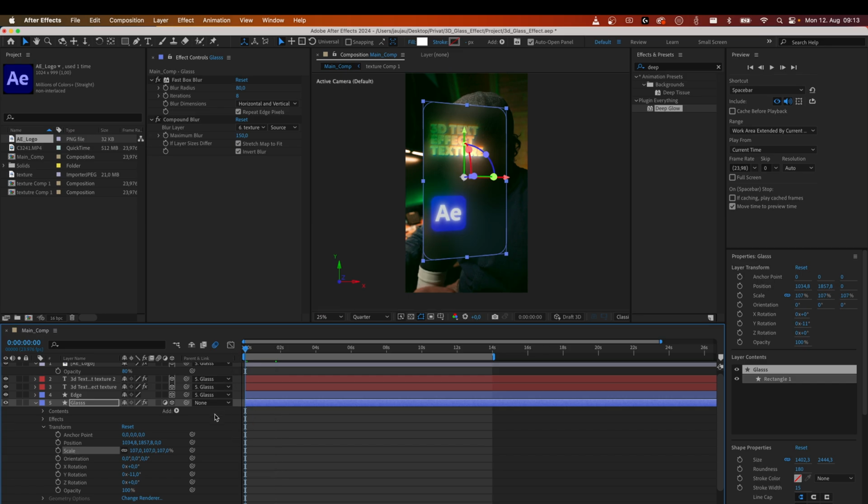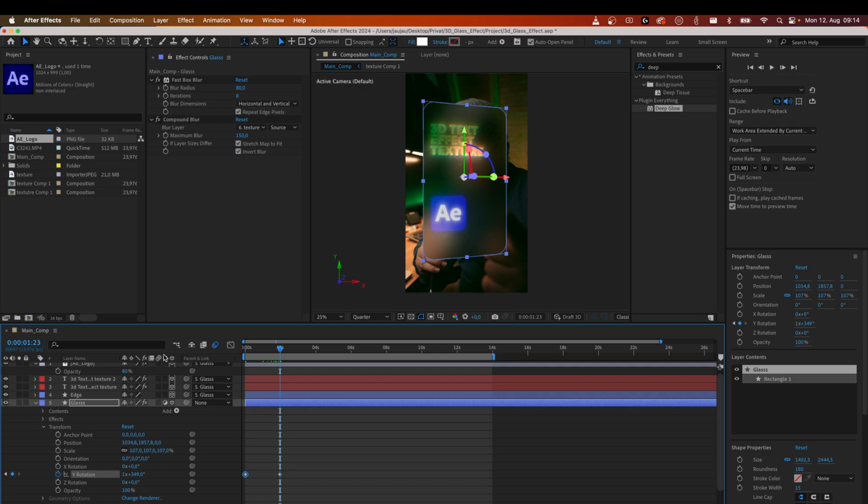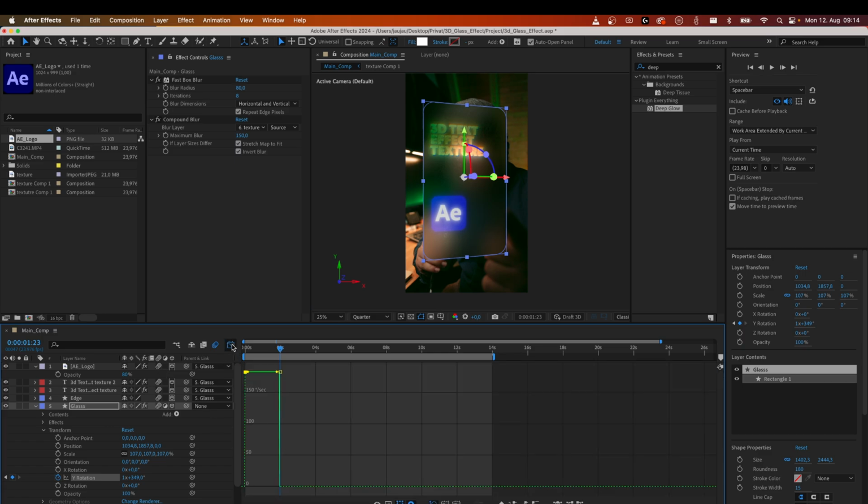You can turn it around. Let's do like a quick turn, maybe make it a 2-second turn. So we want to do, I don't know, maybe 1 revolution over here and hit a keyframe here. So this is 1 revolution, and go back here and set it back to 0 again. And this one turns around. Of course, you can add motion blur to it and to the edge and to your text, as well as to the logo. And you can hit the graph, select your keyframes first,